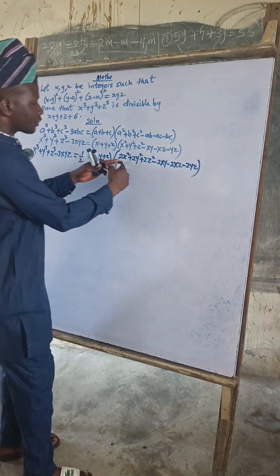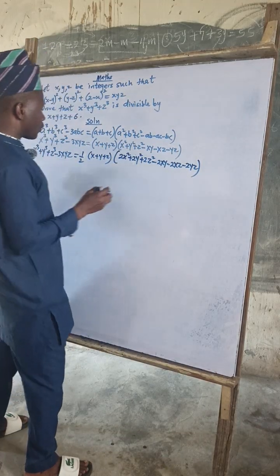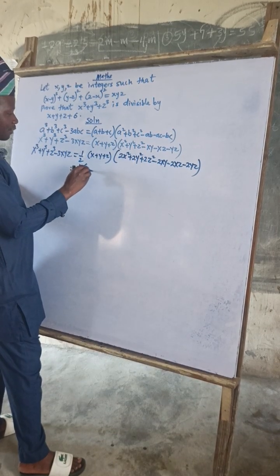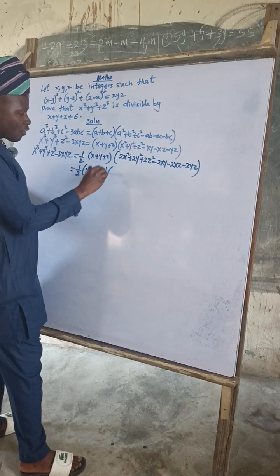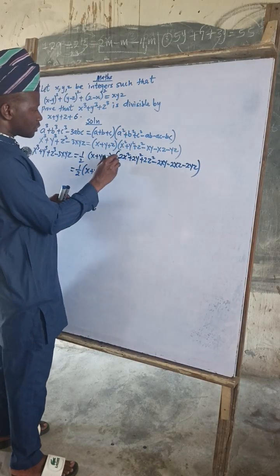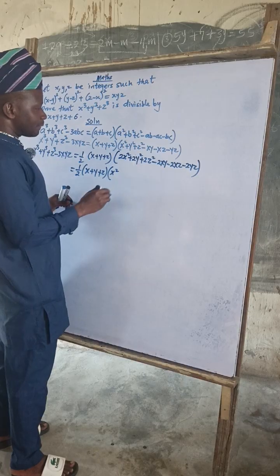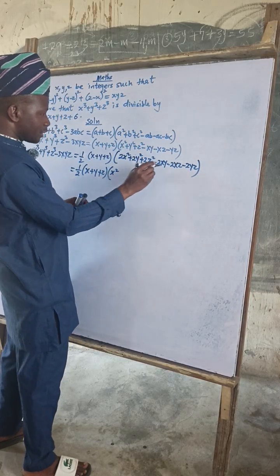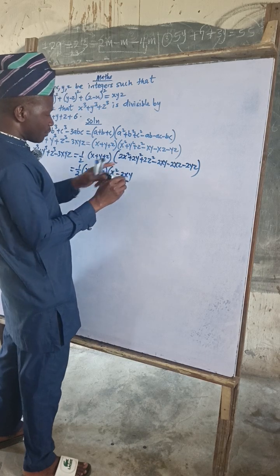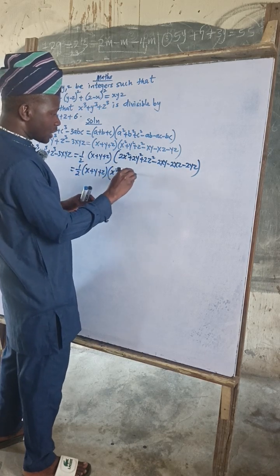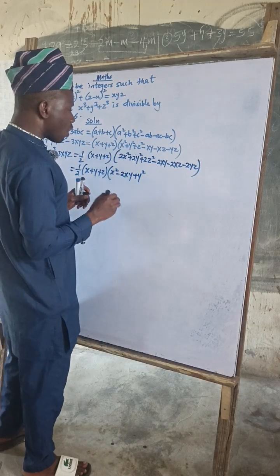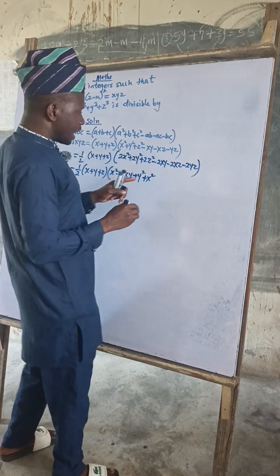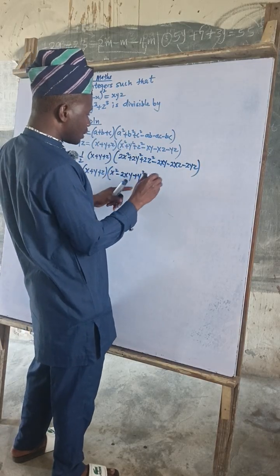Now, we are going to factorize this. In factorizing, we are going to have 1 over 2 into (x plus y plus c), open bracket. Now, we are going to split this into 2. That is, we have x squared, then we are using x and y. Then we split this also into 2, and we bring this minus xy in between. Then we split this into 2 so that we have y squared. So also we have x squared left here. We have x squared, then by splitting c into 2,